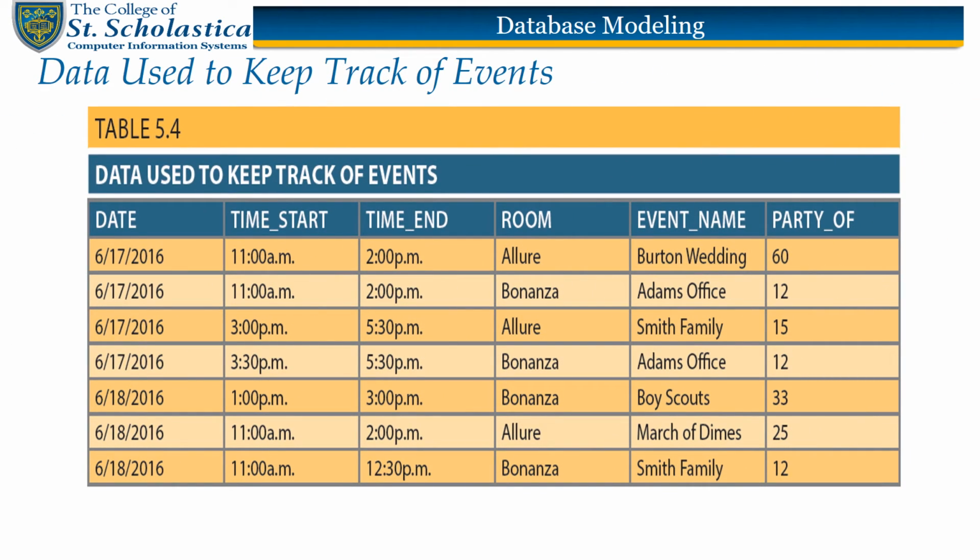Given the data shown in Table 5.4, what primary key would you suggest? In this case, there is no simple natural key that could be used as a primary key in the model. One might suggest a composite key option of date, time_start, room for the event entity. Yet one event may use many resources, and that same resource may be used for many events. Given the business rules, the many-to-many relationship between resource and event would be represented via the